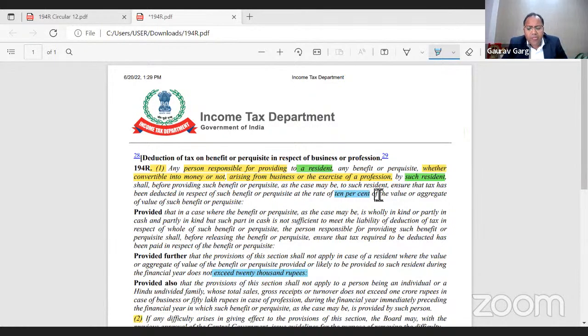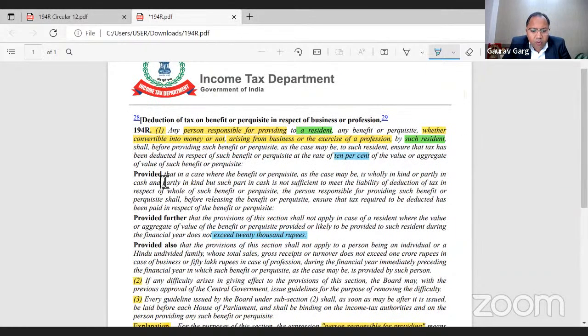Now, if I move further, it says, provided that in case where the benefit or perquisite, as the case may be, is wholly in kind or partially in cash and partially in kind, but such part of cash is not sufficient to meet the liability of deduction in respect of whole of such benefit or perquisite, the person responsible for providing such benefit or perquisite shall, before releasing the benefit or perquisite, ensure the tax required to be deducted has been paid in respect of the